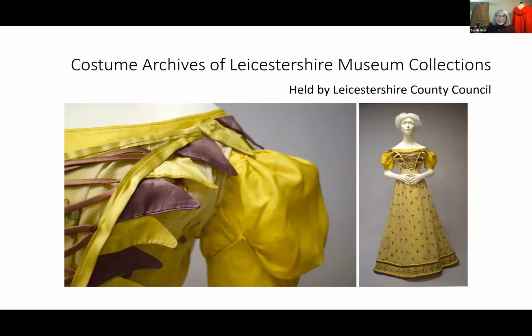Hello everybody, and welcome to my little conversation, or my show and tell, about Leicestershire museum collections. As Veronica said, my name's Sarah Nicol, and I'm the curator for the collections engagement across all of the collections. But I'm here to talk about my favourite, and by far I think one of the most studied, which is